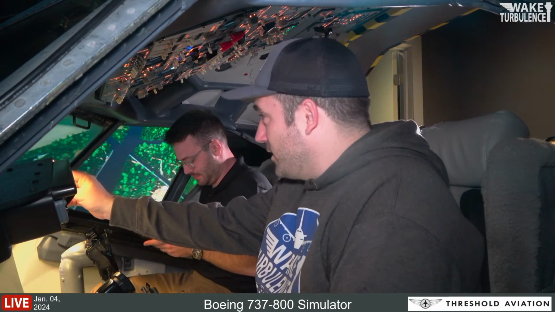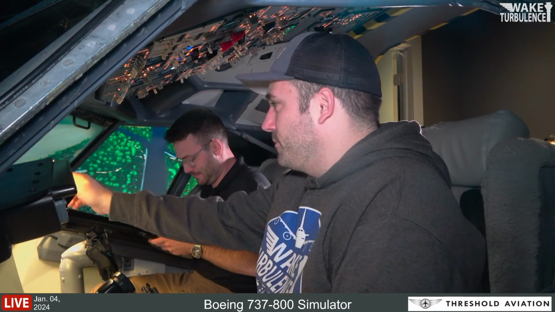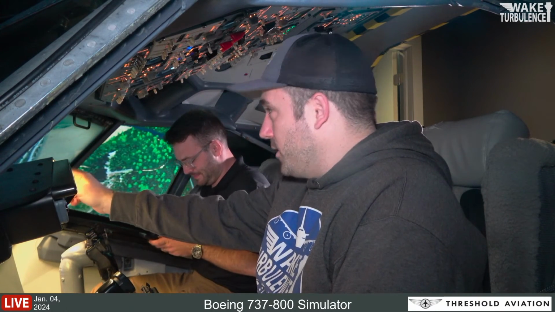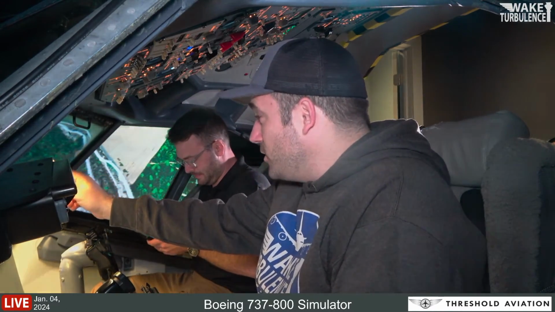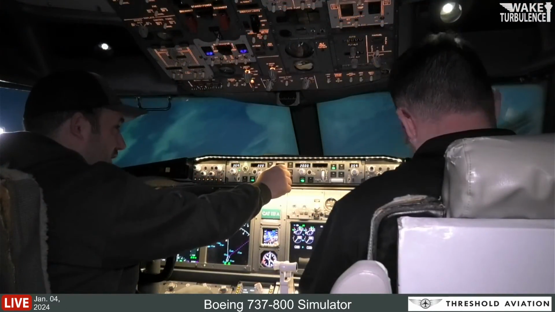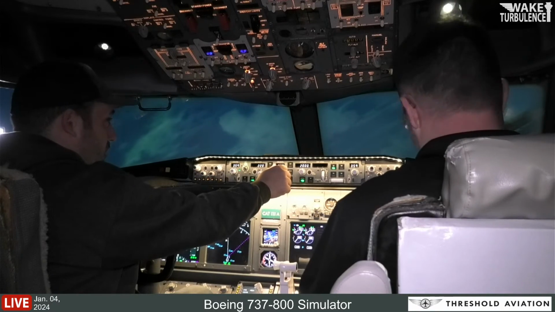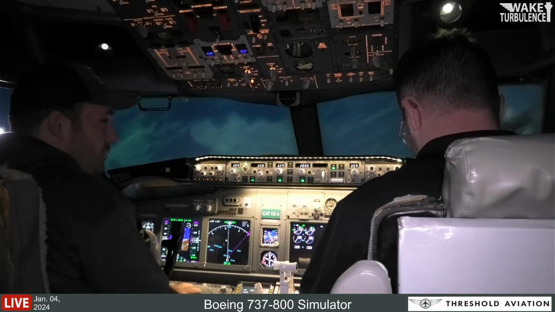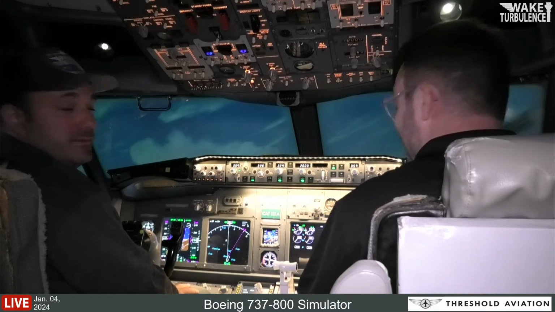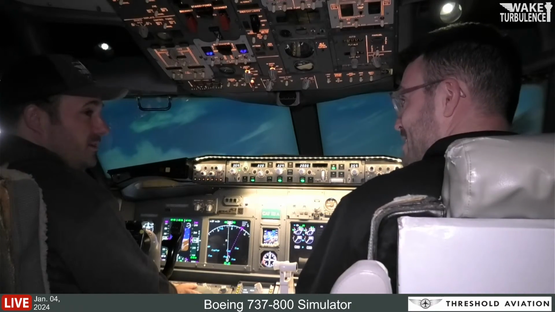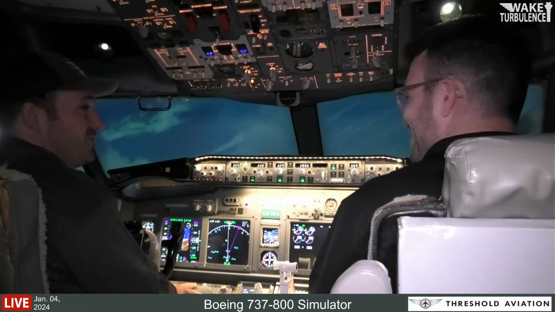I'm gonna keep turning because I think we can probably get the falls in the front. All right, there we go. So falls will be visible very shortly out the front. Oh, nicely done. I don't know if the viewers can see the mist out the front, but maybe a little bit. The river, 5,000 feet. Is that enough for a 737-800? I'm pretty sure. I mean, maybe not with us flying.